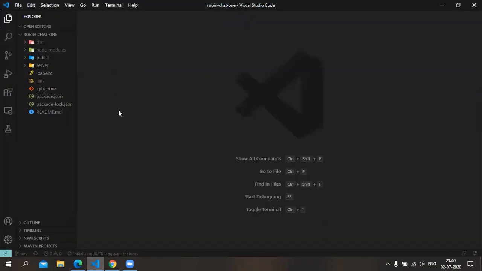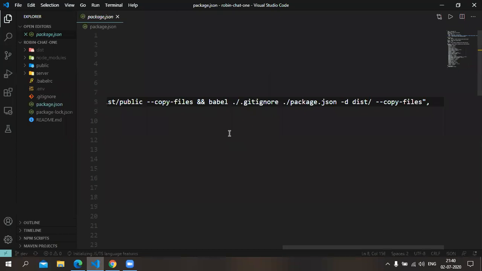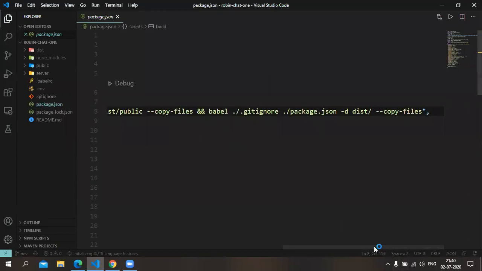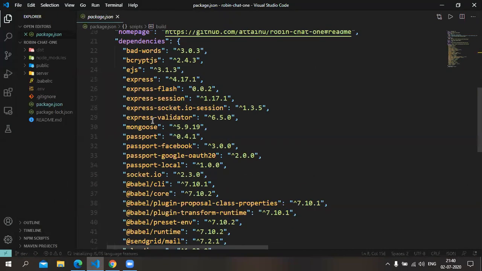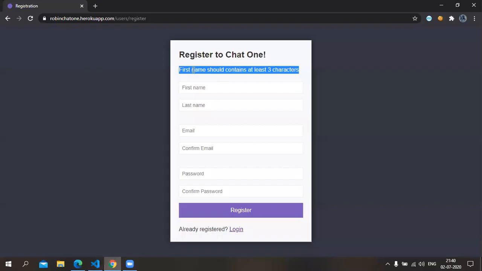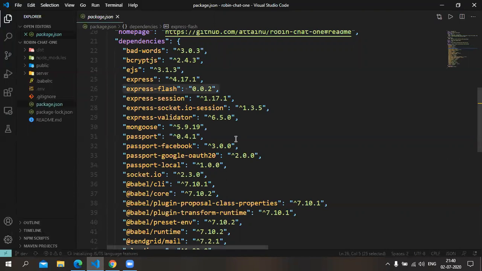What we have done is we have used an npm package called Express Flash. So here is the package. This is basically used to give all these flash messages. Like that, all the fields have the same validation, and for that validation we have used the Express Validator npm package.